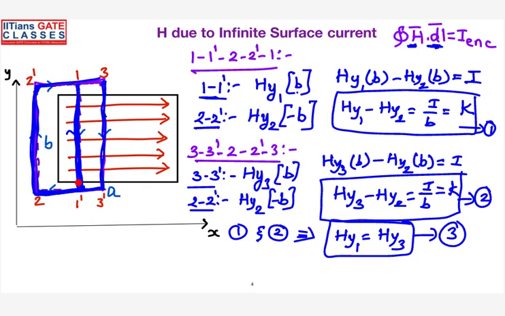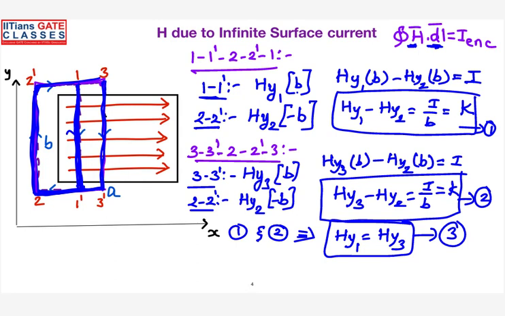Am I audible for everyone? Near to the source. Correct. So Hy1 is the magnetic field when you are moving near to the sheet,